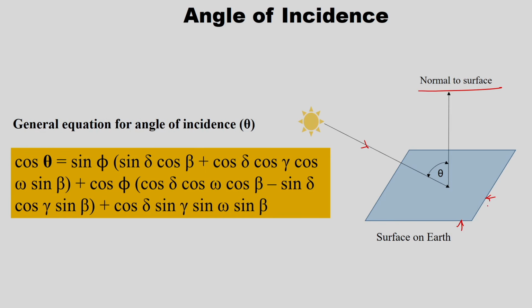So, if this surface is horizontal one, then normal to that we call it as a zenith. The angle made is zenith angle, or normal angle of incidence. So, if the surface is tilted one, this is normal to the tilted surface. Then in that way angle made is theta I, that is angle of incidence. So, that is given by this particular formula. Cos theta is sin phi. So, the phi is nothing but here the latitude of the location.